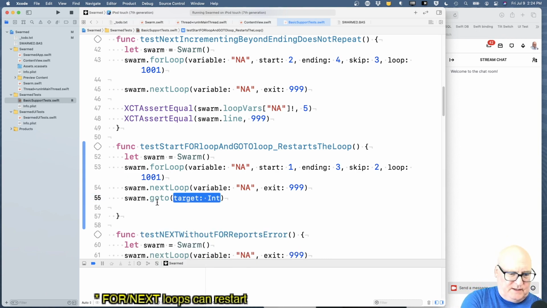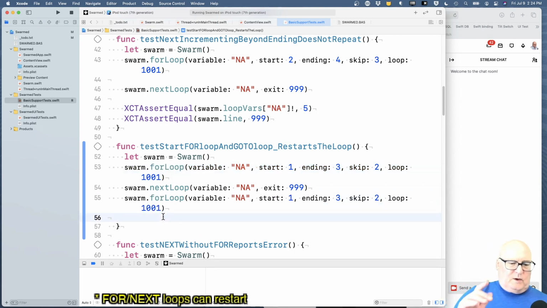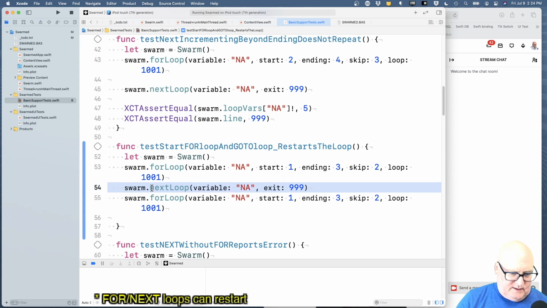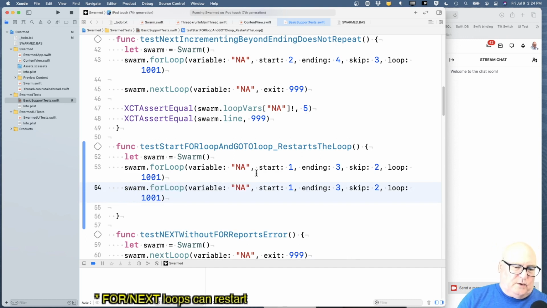I don't know if I need the go to. I guess if I did the go to, what happens? Well, I get my for loop again. Okay, so we're abstracting away all the intermediate stuff, and actually maybe this is even unnecessary. Let's try it without that. So I'm saying you start a for loop, and now you restart the same for loop,